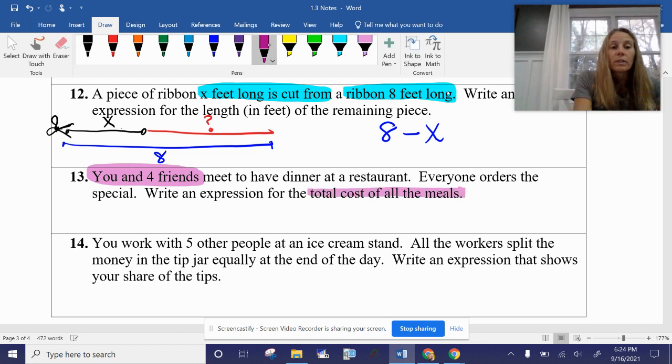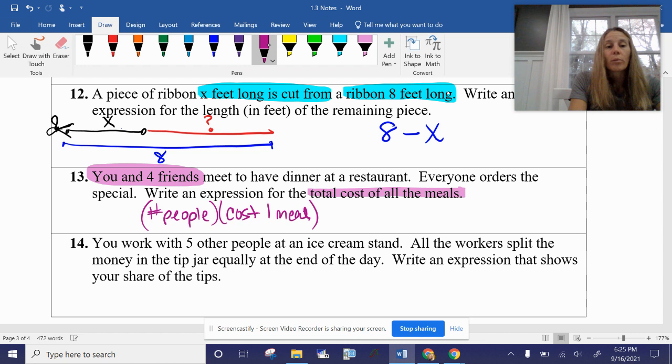So we would have to take the number of people and multiply that by the cost of one meal, right? Now we know the number of people is actually going to be 5 because it's you and 4 friends. So you have to make sure you add yourself onto the 4 friends. There's 5 people total. And then you're going to multiply that by, it doesn't give us a variable, so I'm